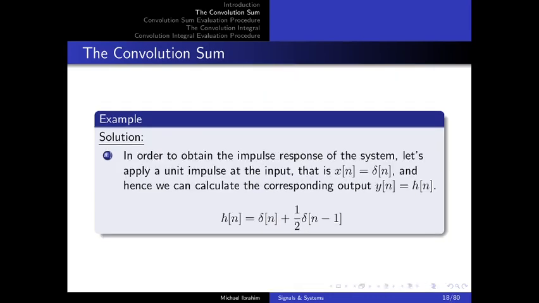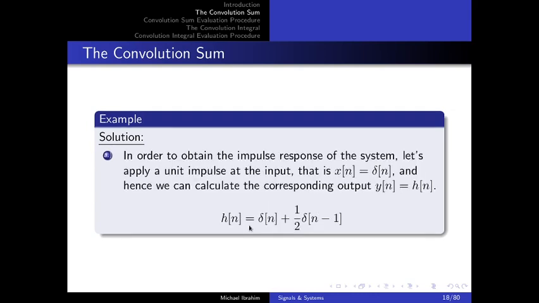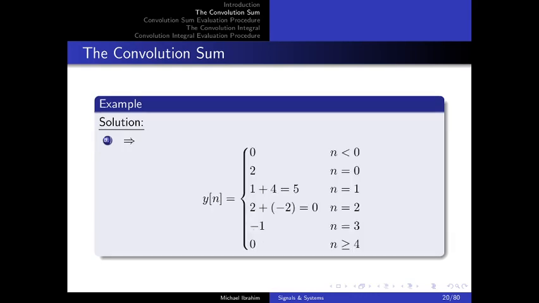So the first step is easy here. We found the impulse response, and now that we have x of n as 2 delta of n plus 4 delta n minus 1 minus 2 delta n minus 2, using the linearity and time invariance we will get y of n as 2h of n plus 4h of n minus 1 plus minus 2h of n minus 2, and h of n we already know to be delta of n plus 1/2 delta n minus 1. So if you try to do the math, you will get this kind of result,